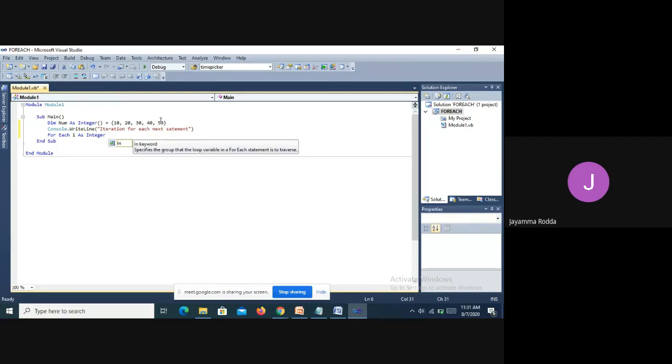So I is the element that I am taking, in num. See here, num is the variable that I have created, and the group of values stored for num, the array of values, are 10, 20, 30, 40, 50. So now for each I as integer in num.